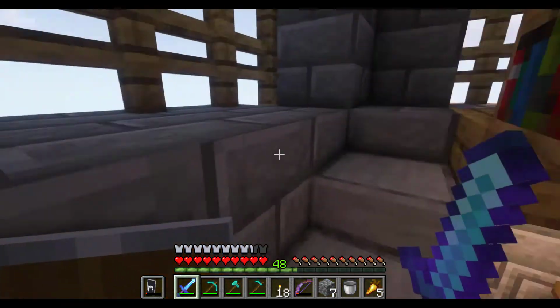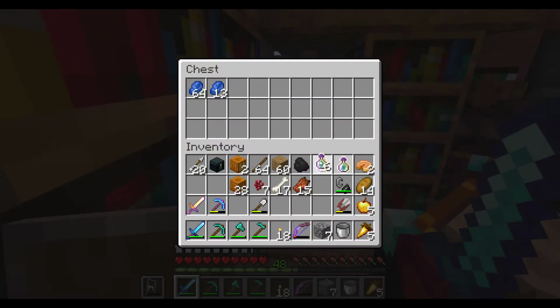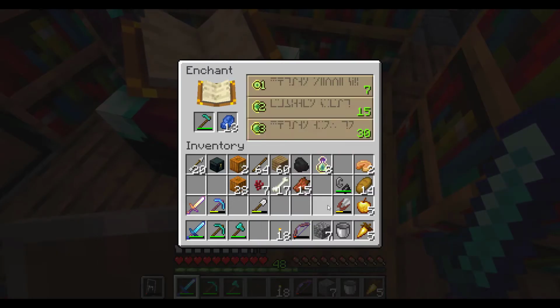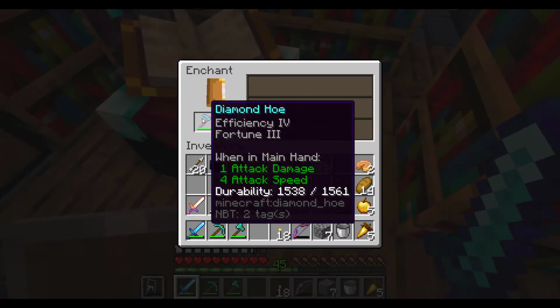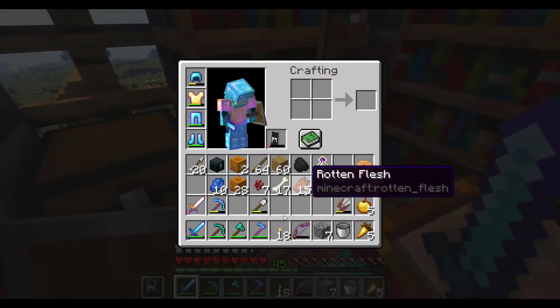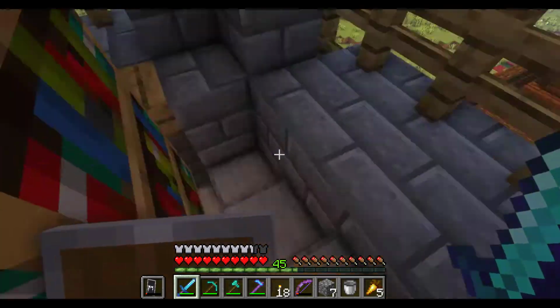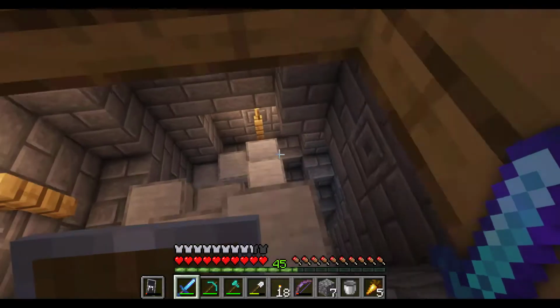So climb on up here very carefully. We do have a few. I think that's 8. Yeah. So that's a good start. Let's get this hoe enchanted. Oh, fortune 3. Beautiful. And efficiency. Amazing. I don't think I could have asked for a better hoe. That's awesome. Alright, so with that, we are all set to go to the nether when we need to,